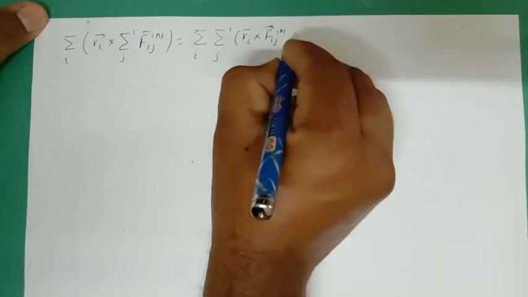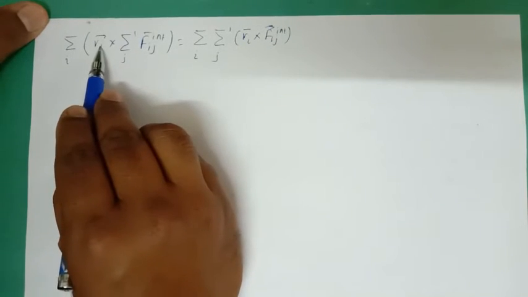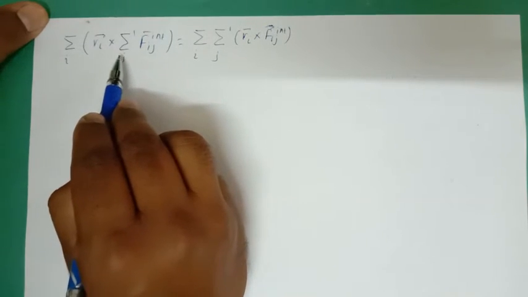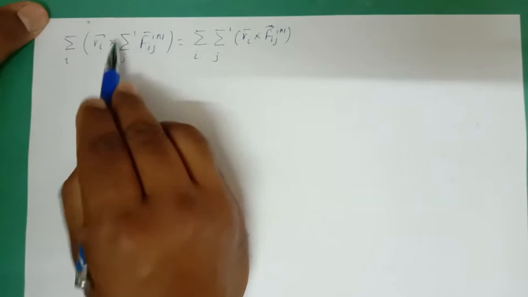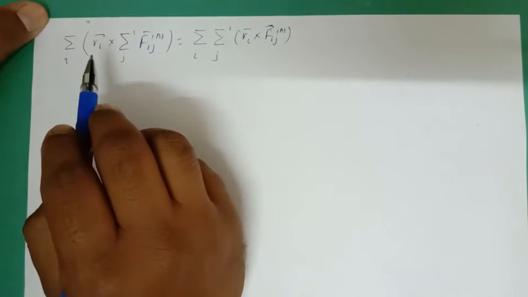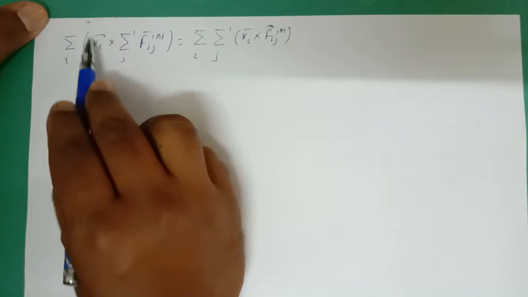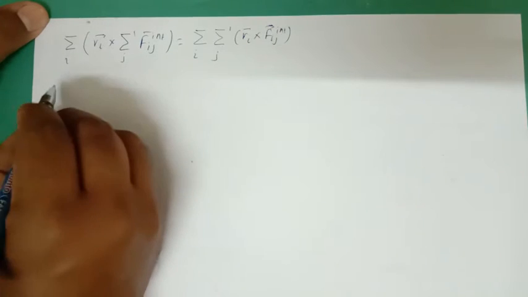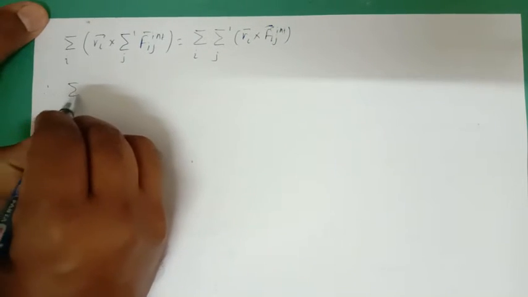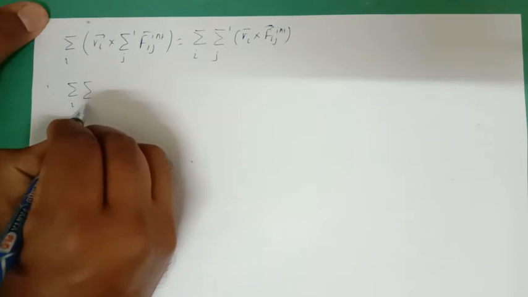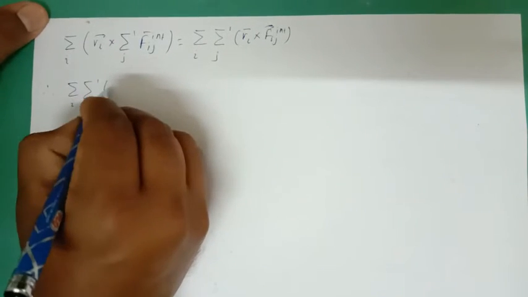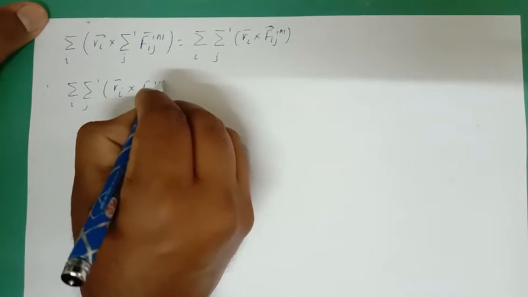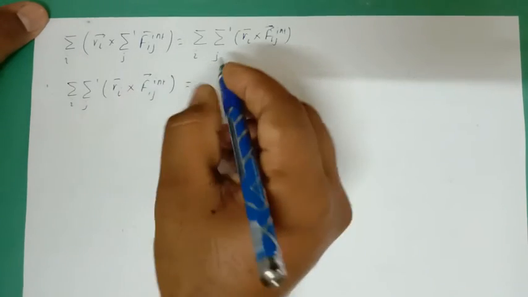See, consider, this Ri depends on the ith coordinates and the second summation depends on the jth coordinates. Since it is with respect to j, this first quantity is constant, so instead of putting Ri outside this summation, I can write it inside, since there is no change in the equation. Therefore the summation over i, summation over j, Ri cross Fij internal bar can be written again as,